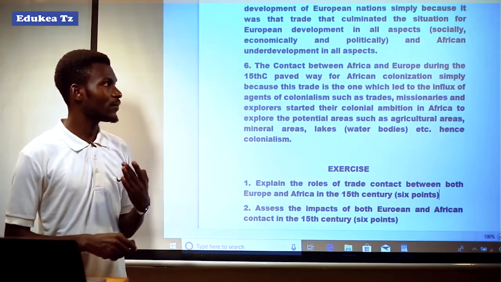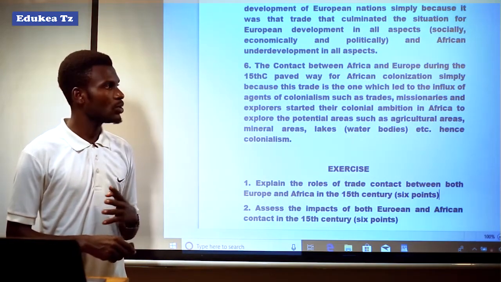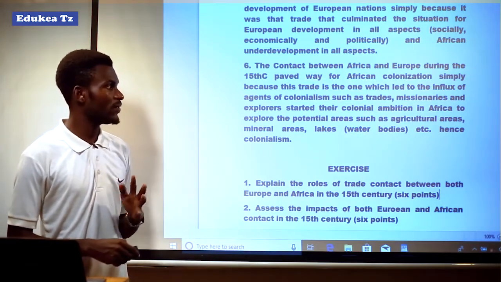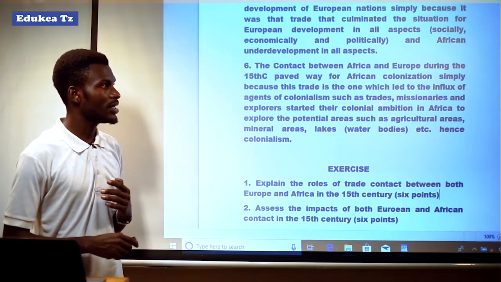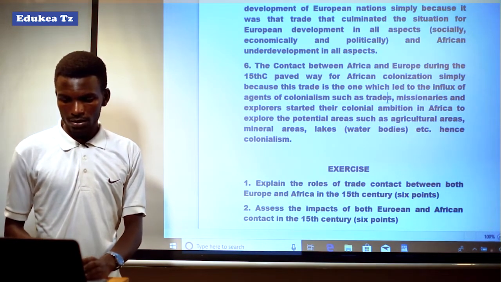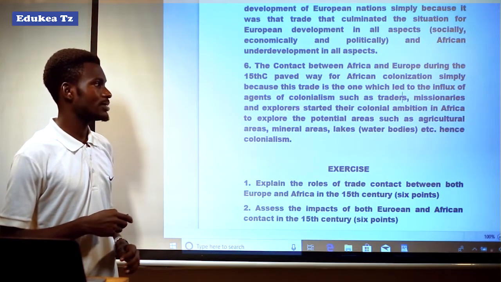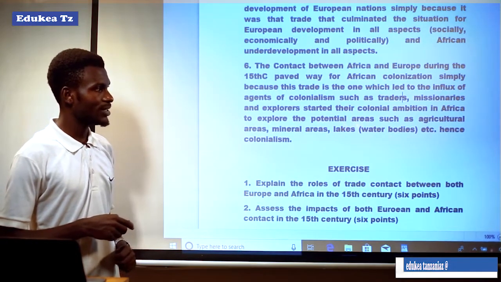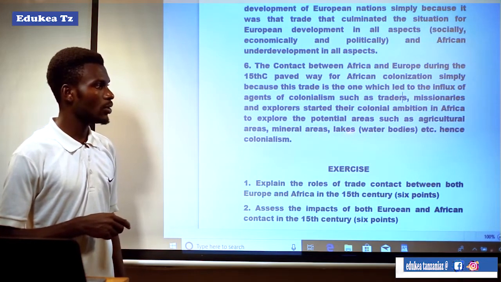the way for African colonization, simply because the trade acted as the loom which led to the much influx of agents of colonialism in Africa, such as traders, missionaries, and explorers, who started their colonial ambition in Africa to explore the potential areas such as agricultural areas, mineral areas, lakes or